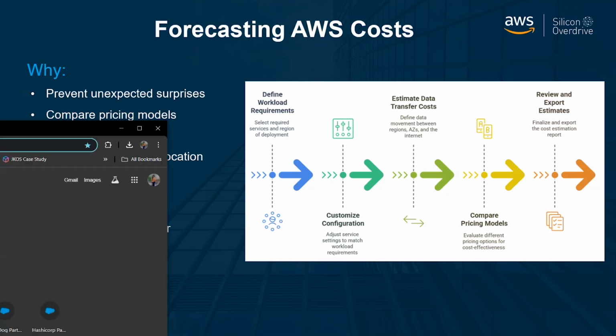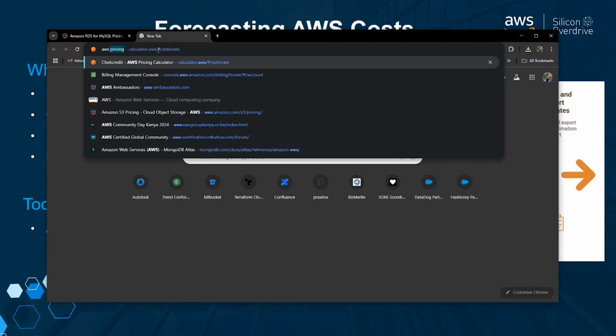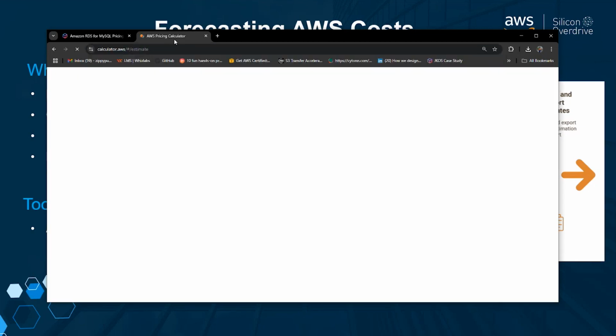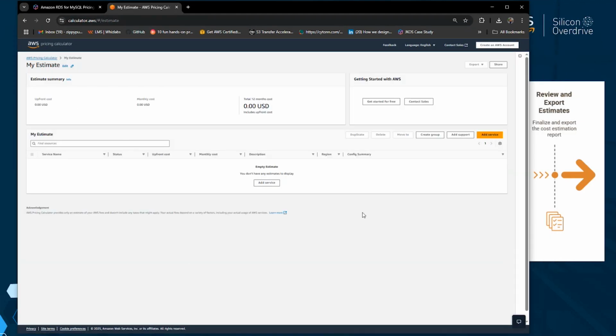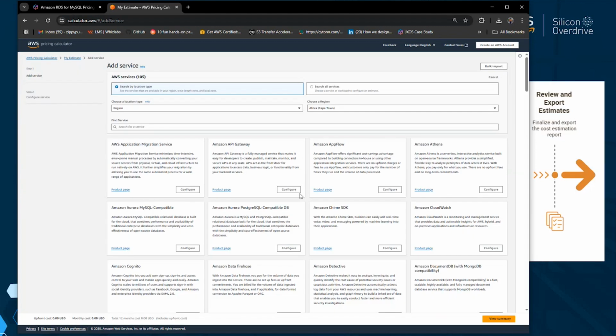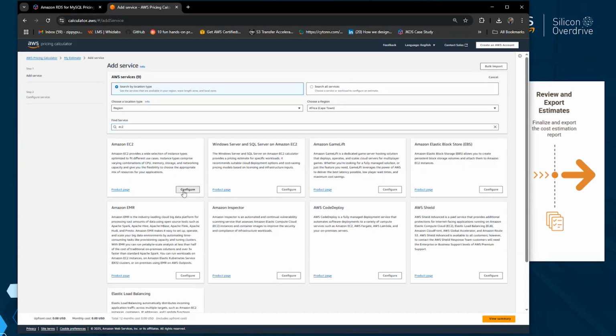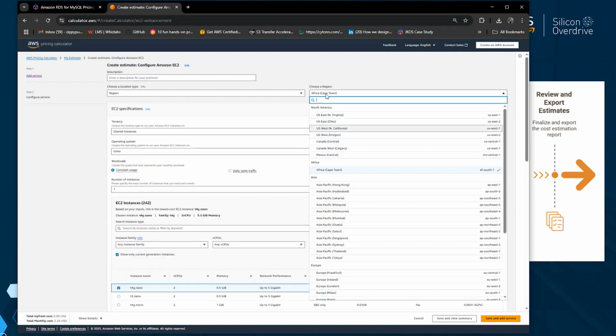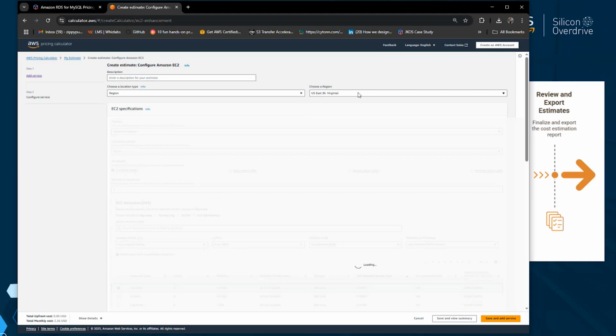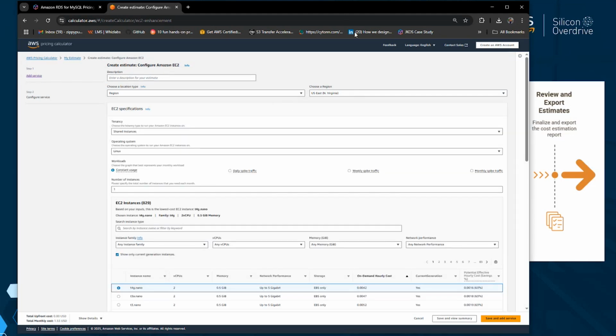So again, if I can just demonstrate that very quickly. If I go to the AWS pricing calculator, so this is what it looks like. What I would need to do is specify the service. Any and all services would be included. So let's say, for example, I want to launch an EC2 instance. I'll specify EC2, then I'll also need to specify what region I want to provision this instance in. Is it Cape Town, Ireland, somewhere in Asia? So you can change that depending on where you want to provision that instance.